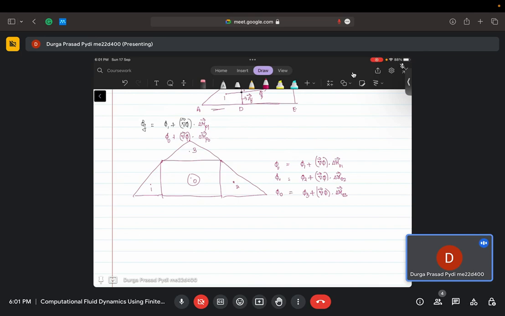Since we know the cell-centered values, that is, we essentially know phi 0, phi 1, phi 2 and phi 3, our objective is to find grad phi, where grad phi is essentially... So this has two unknowns, and we have three equations. When you have two unknowns and three equations,